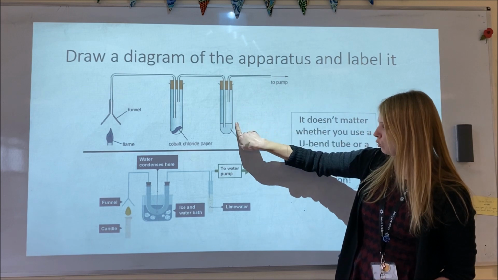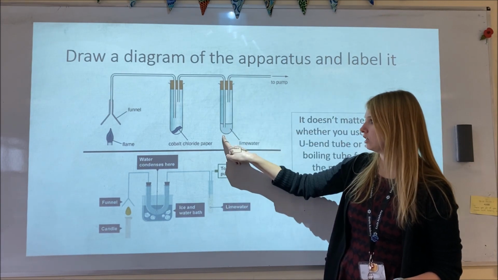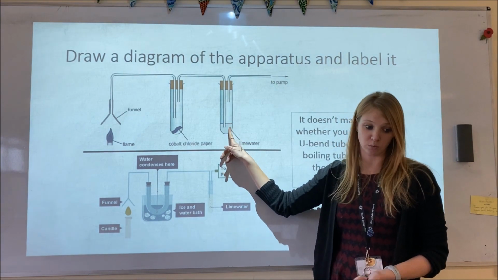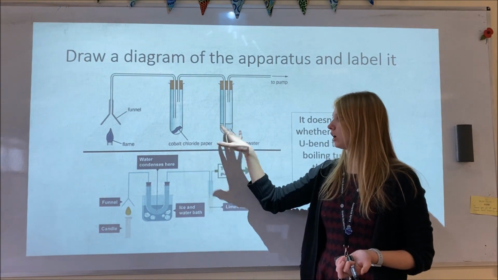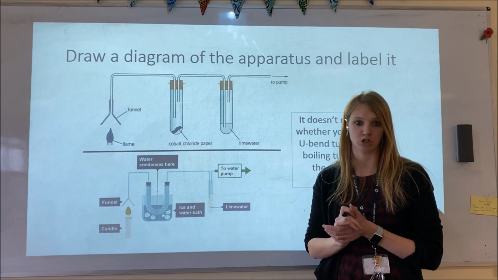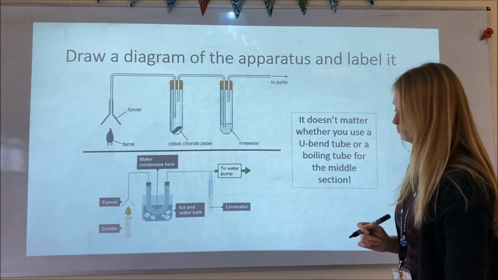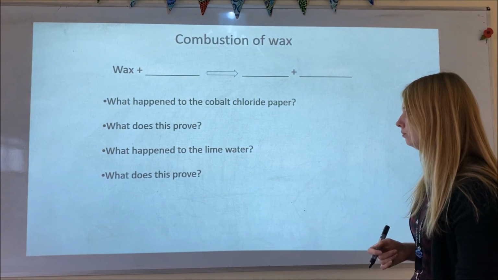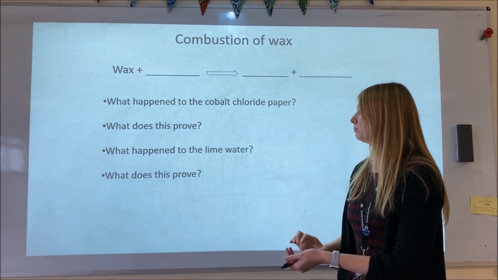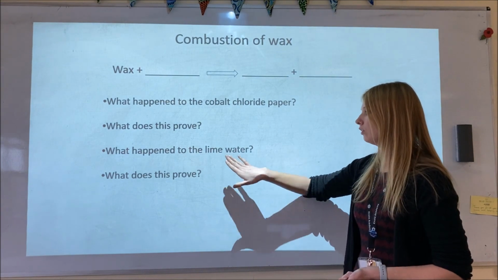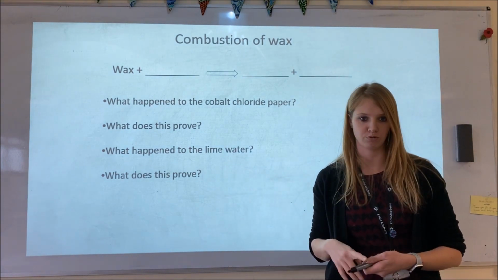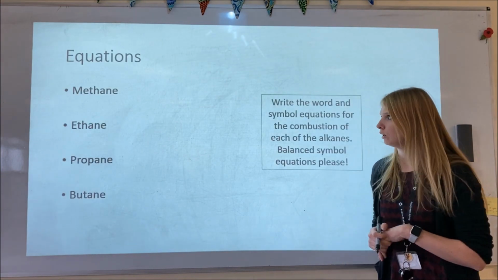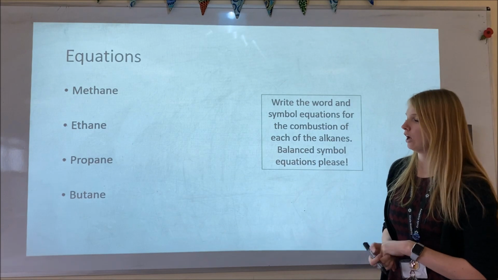Lime water in the end one, if carbon dioxide is bubbled through lime water, the lime water will go cloudy, and that is what we saw. So it proves that water and carbon dioxide are being produced. So the cobalt chloride paper changed color to prove water, the lime water went cloudy, and that proved the presence of carbon dioxide. So what I'd like you to do now is have a go at writing the word and